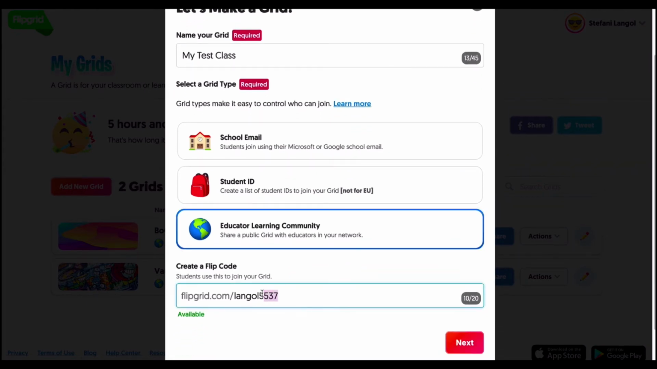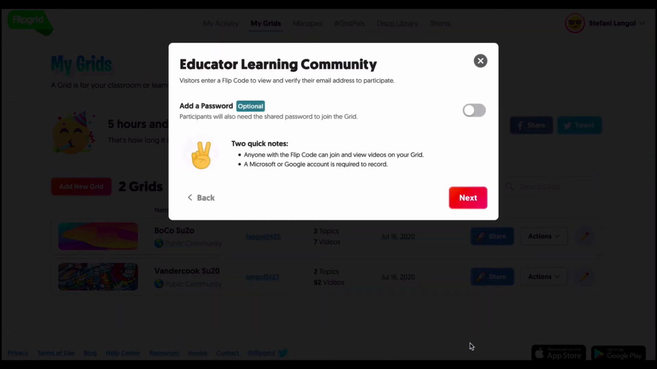And then I can customize this as well, right? So I could call this my test class, and that's available. If it wasn't available, it would be red here, and I'd have to name it something else. And then I can click next. And then in this next window, it's asking me if I want to set a password. I don't really want to do that right now, so I'm going to go ahead and click